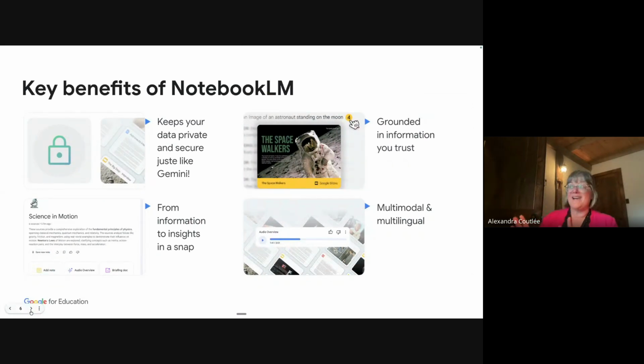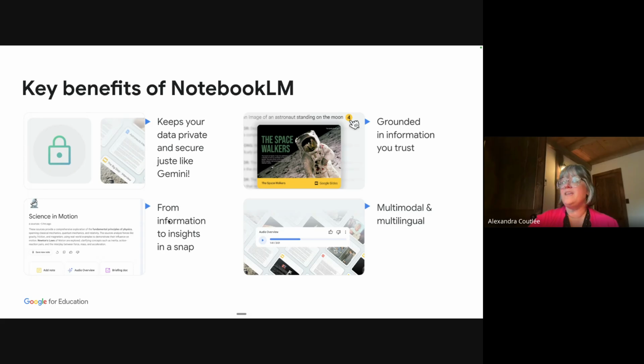Before we take a look at each section, what are the benefits of NotebookLM? Like I said, it's grounded in information that you gave it. So very different. Of course, your sources need to be good sources for the information to be interesting. If you give it uninteresting sources, it will give you uninteresting answers. But it also has the same protection as Gemini. If you're in a Google for Education account, nobody is going through your stuff. Your information is private. It's not used to train the models, just like Gemini in your education account.